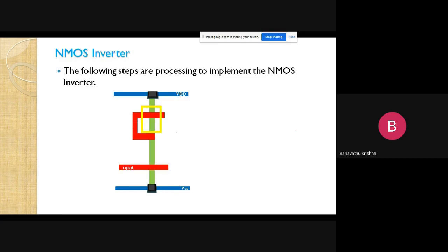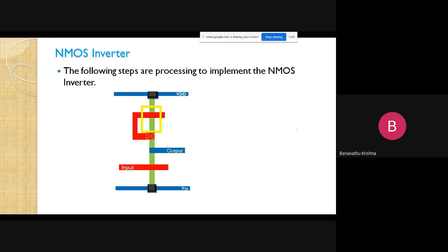Now I want to make the connection here, but this is the polysilicon layer and this is the diffusion layer. There is no electrical contact here. Now I want to make one connection here, nothing but a buried contact cut. You already know the contact cuts here. This is the contact cut, in black color, and one more contact cut. It is a buried contact cut, in brown color, right?